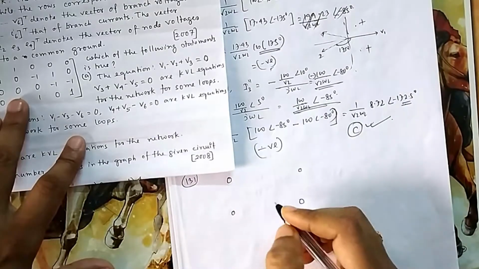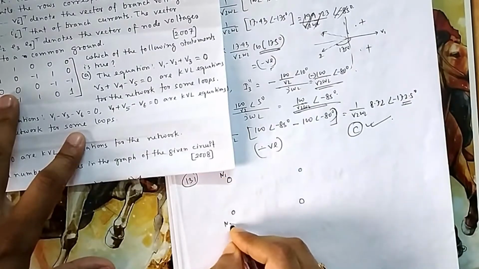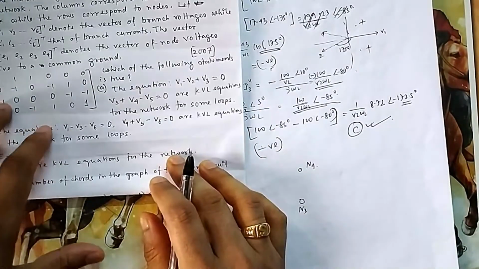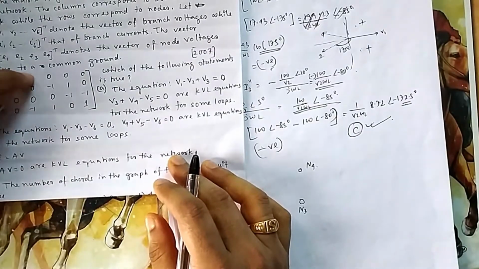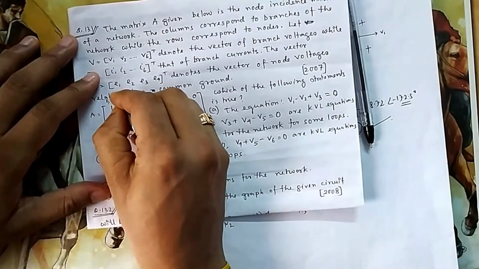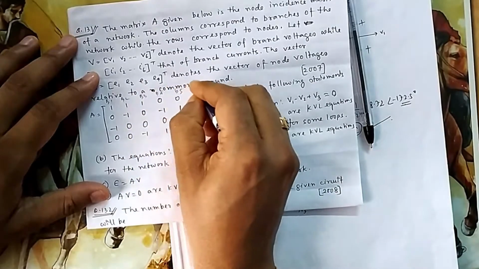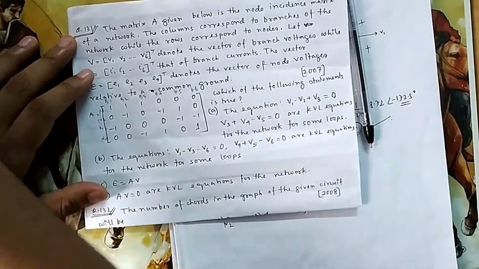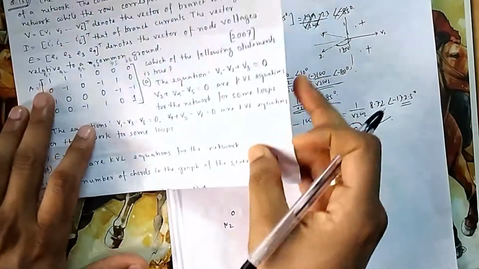Suppose I name them node 1, node 2, node 3, and node 4. And the branches, I am not writing them yet. You can see node 1, node 2, node 3, node 4, branch 1, branch 2, branch 3, branch 4. Or you can write them on the upper side also. This is your B1, B2, so that you don't get confused, and this is B4, B5, B6. Okay, now a 1 means that branch is connected to the node, and 0 means there is no connection of that branch.